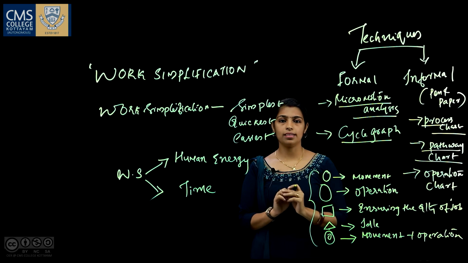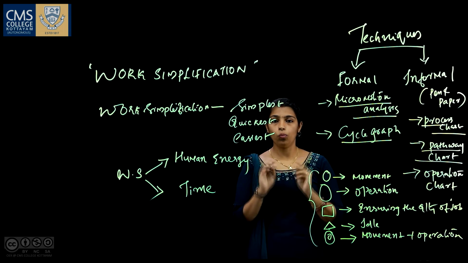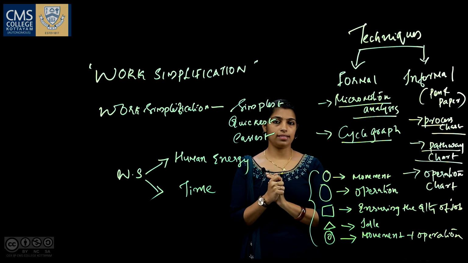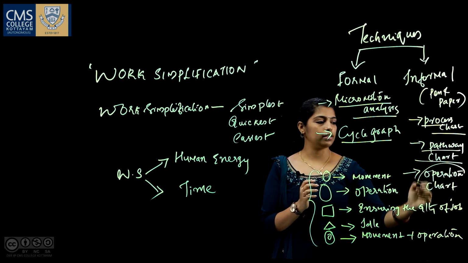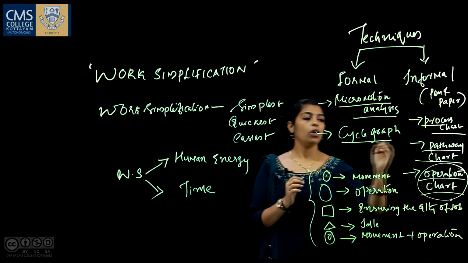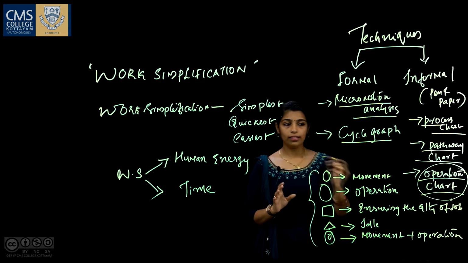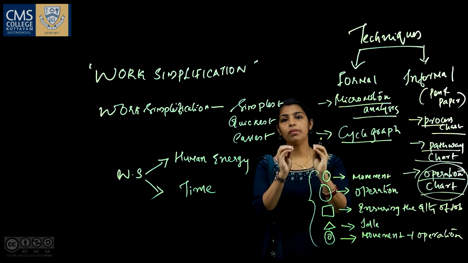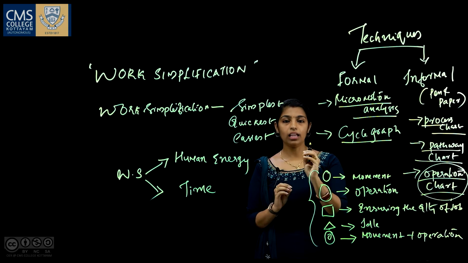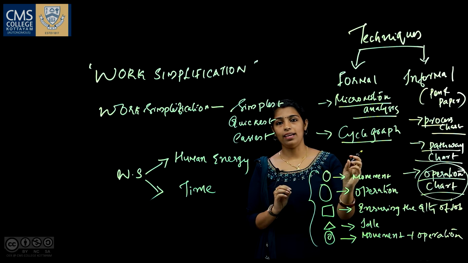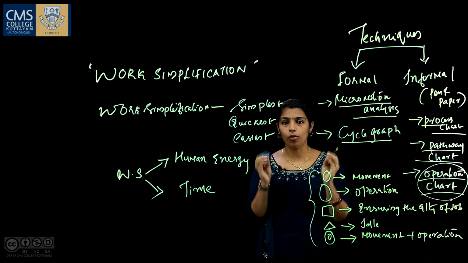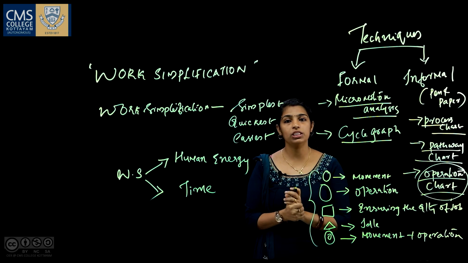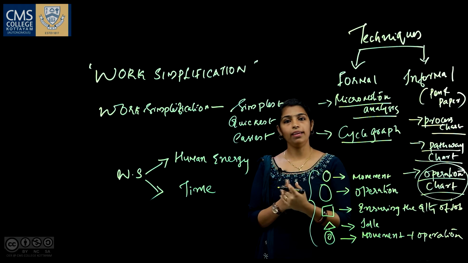In both these cases, two people are necessary. One is for doing the assigned task, the other one will be observing the task. And the last one, that is the operation chart. Rather than the process chart, the operation chart focuses only on a single operation. A single operation will be analyzed and the movement of the body for that particular operation will be checked, and the unnecessary movements will be identified, which can then be eliminated.